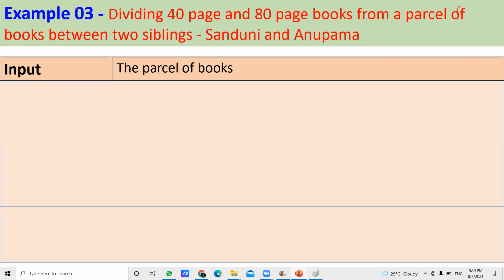Okay, for today's lesson, I can summarize it. From the lesson, we learned what problem solving is. Problem solving means finding the solution for a problem. When you are finding a solution to the problem, it means finding the input, process and output. That's what we did up to now. We did two examples regarding that also.